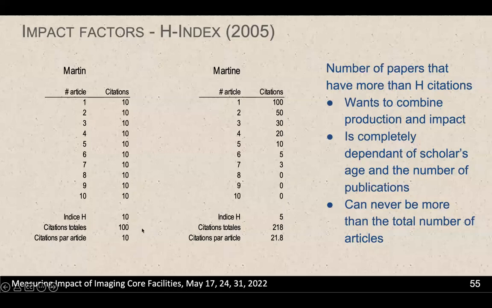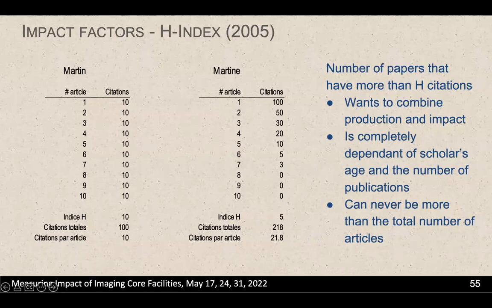So it's okay if you have a very regular distribution of citations, but we've seen that within your own career and in general scientist publications, it's not a normal distribution of citations at all. In my case, I participated in one article that had over 600 citations, and then the next one is 50. So it's very much not evenly distributed. So the second Martin case is closer to what is really happening.